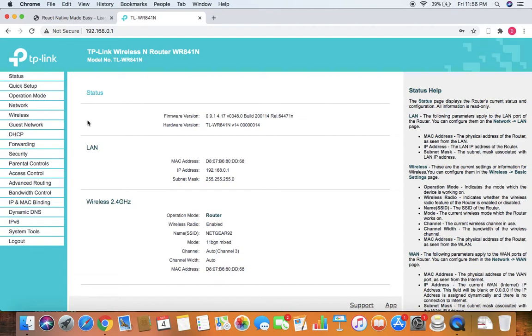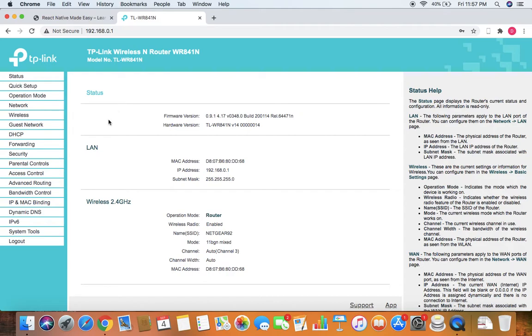So basically if you have an IP address provided by your internet service provider, that is a static IP, then the process becomes very simple. Generally static IPs are not provided by internet service providers unless your internet is a business connection. If it's for a home, non-business purpose, then there won't be a static IP provided.